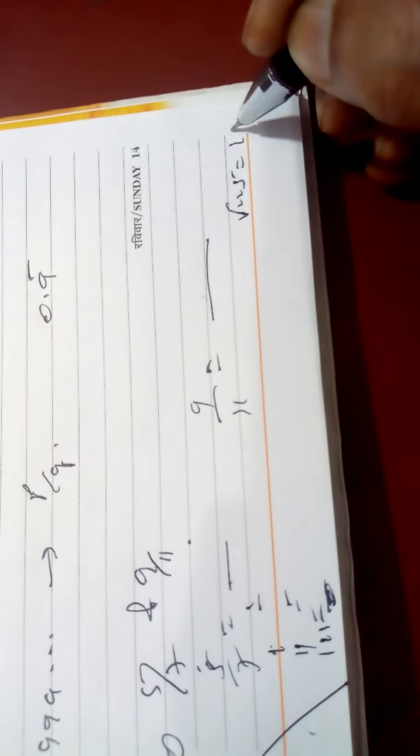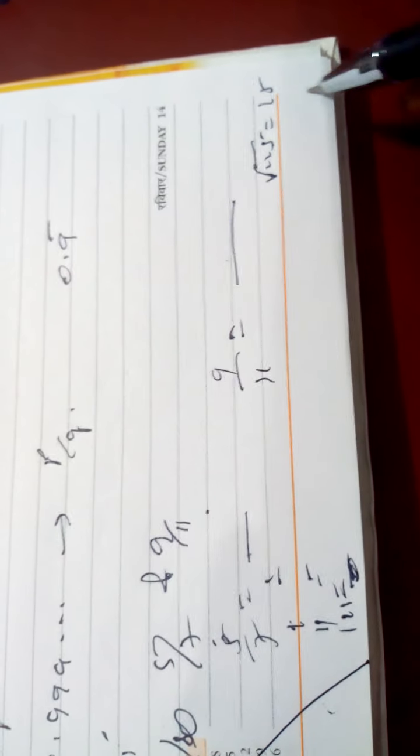Another, the 9th question, is given, very simple. Question number 9 is given. In question number 9, classify. Root 23 is given. Root 23 is a prime number, so it is irrational. Second part is given, under root 225. It is a square of 15. 15 15s are 225, so it is rational.